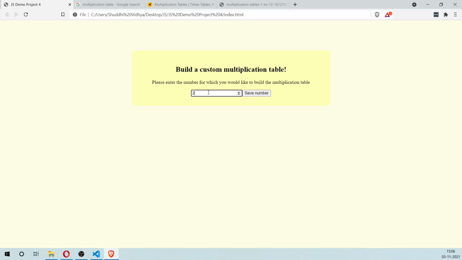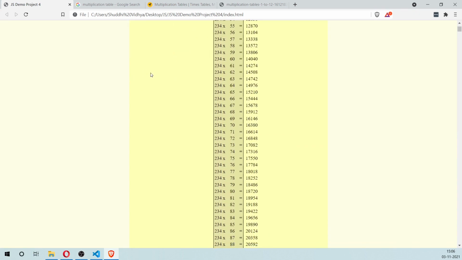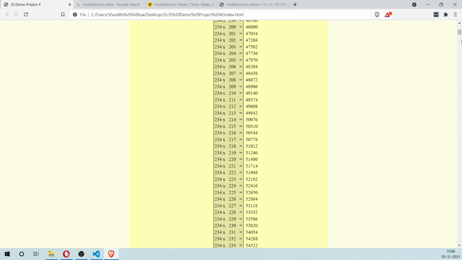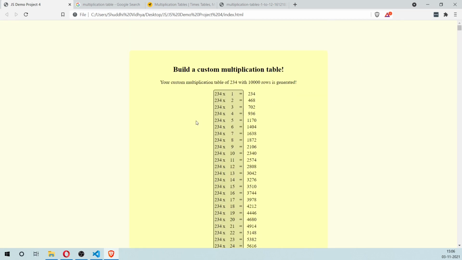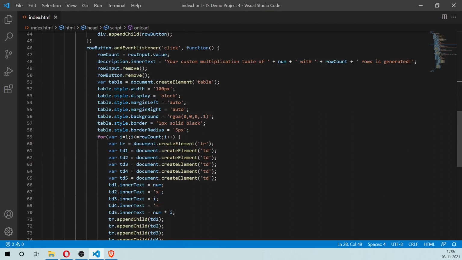So let's try this out with a really difficult number. So 2, 3, 4, and then we'll get to generate 10,000 rows. So you can see here, it has generated a table with 10,000 rows, something that you can't do manually. This is the appeal of programming. And as you can see, the table width being set to 100 pixels is a mistake.